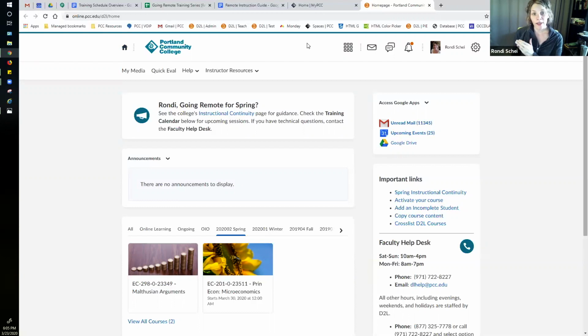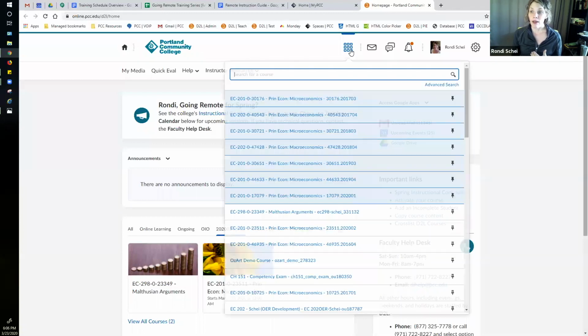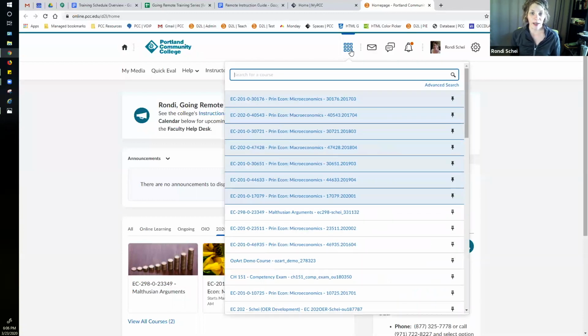Now, if we go across, this whole top part of D2L Brightspace is the navigation area, the navigation bar. And if we go across, you're going to see a set of cubes, like a tic-tac-toe grid or something. This button is the course selector. It allows you to select various courses that you might have access to. I'll click on it. You can see I have access to a lot of courses in